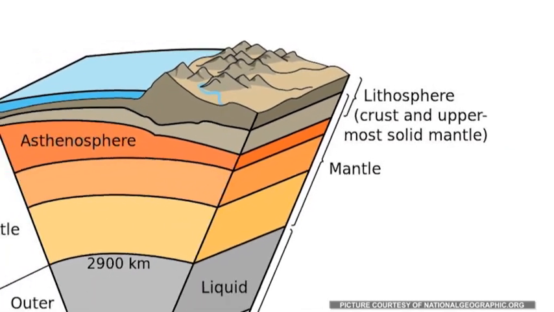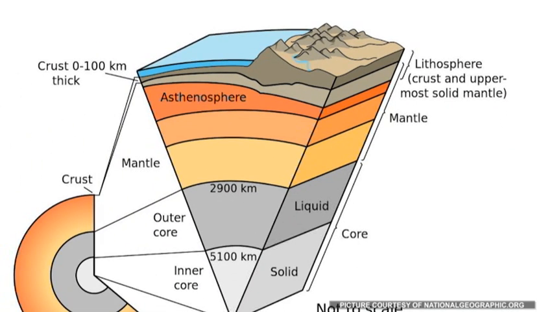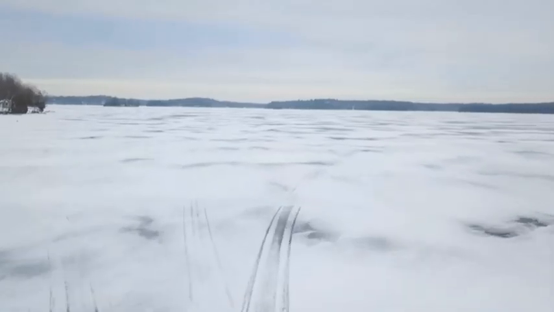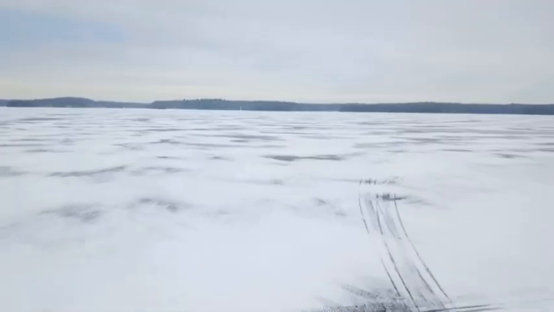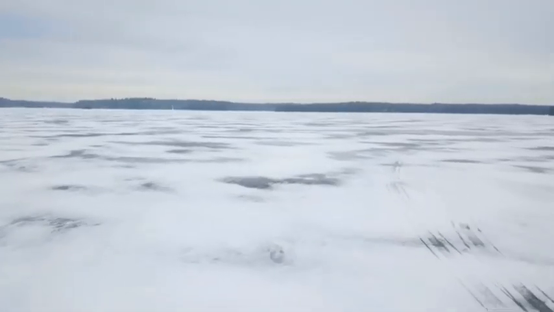According to the plate tectonics theory, the lithosphere is made up of plates, each about 100 kilometers thick. These float upon a hot, soft rock layer called the asthenosphere. Think of the lithosphere as slabs of ice floating on water. The slabs of ice are the plates, while the water is the asthenosphere.